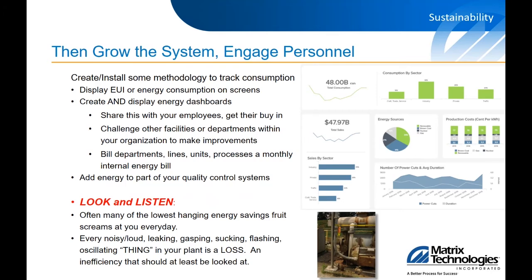So if the plant utility meter reads $100,000 per month of electric, how much does the maintenance department get billed? How much does production line 1 get billed? How much does production line 2 get billed? How much does mill and mix get billed? You can start creating these types of monthly energy use per department, and then